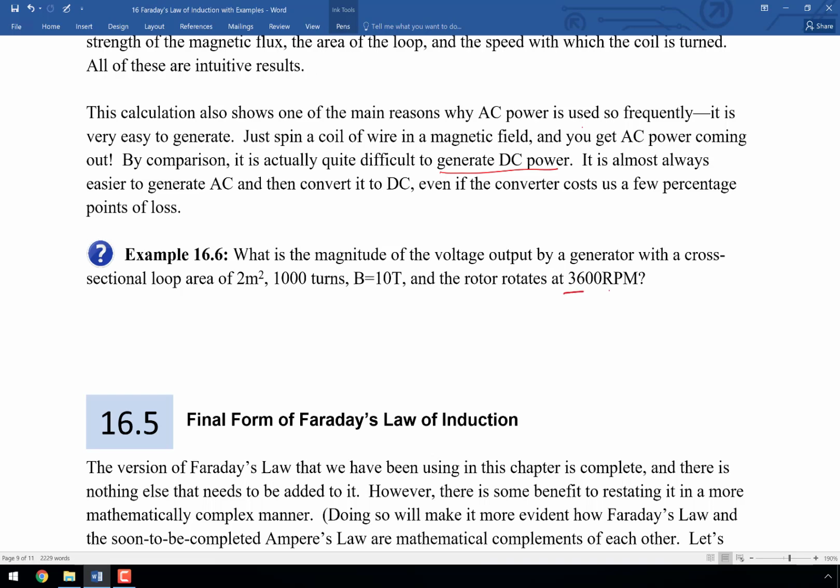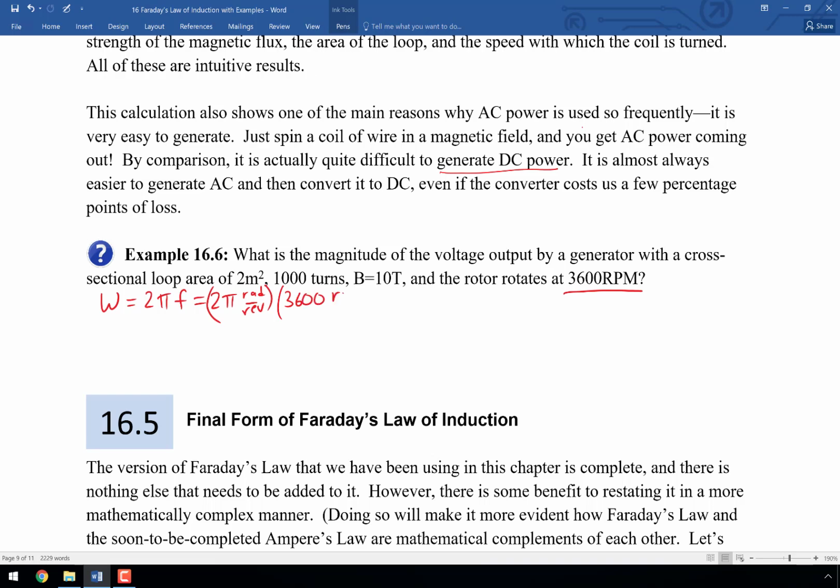Well, the first thing I'm going to do is fix this 3,600 RPM. I need to know omega. Omega has to be in radians per second. And so omega is equal to 2 pi times F, because F is revolutions per second, and the 2 pi is radians per revolution. So this is equal to 2 pi radians per revolution multiplied by